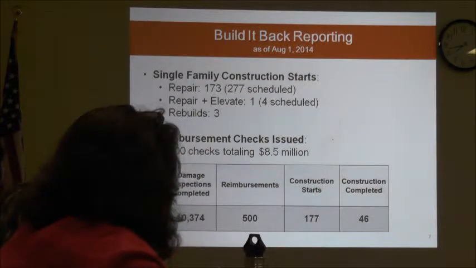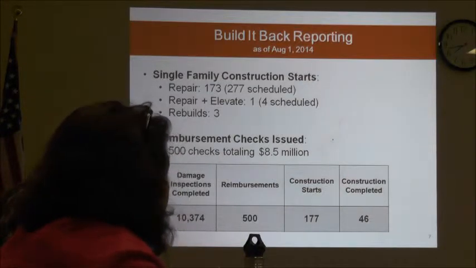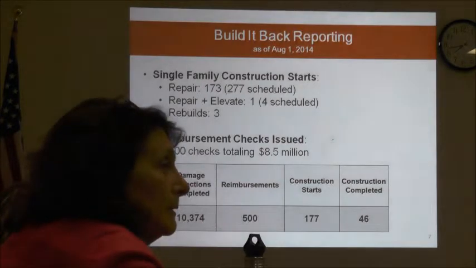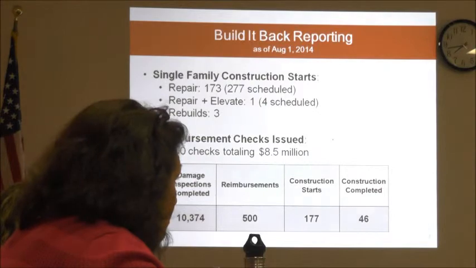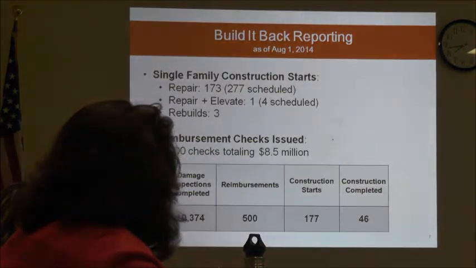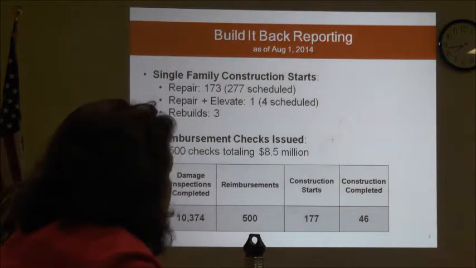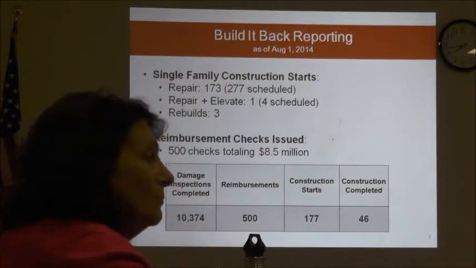We've made about 177 construction starts, and that's broken down into 173 repairs, but in total we have 277 scheduled. We only have 1 Elevate applicant that has started, 4 scheduled. There are 3 rebuilds that have construction starts, and we've completed 46. So that is the extent of my piece. Any questions